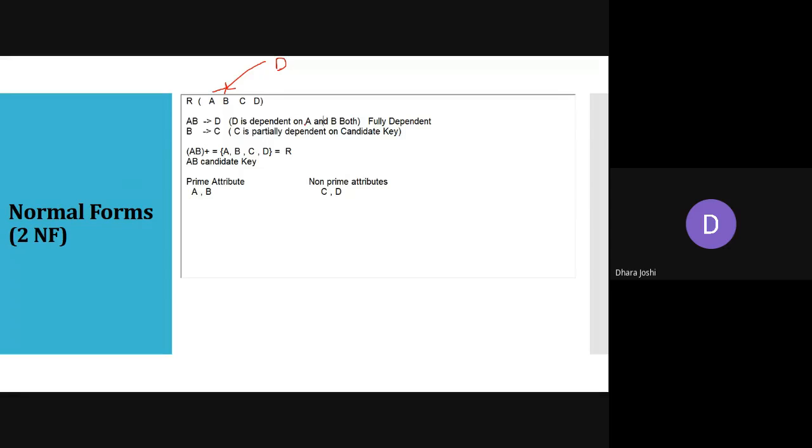So we can write here: D attribute is fully dependent on the candidate key, but the C attribute is partially dependent. That means it is just dependent on B but not on A. So it is a partial dependency.